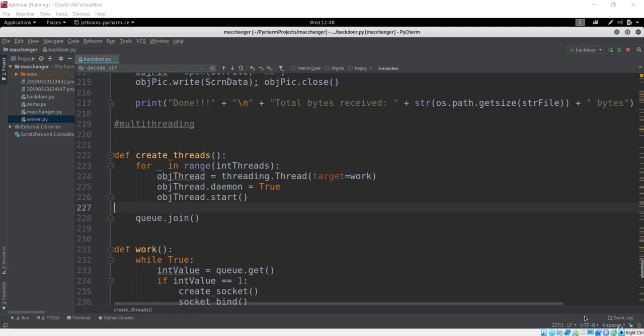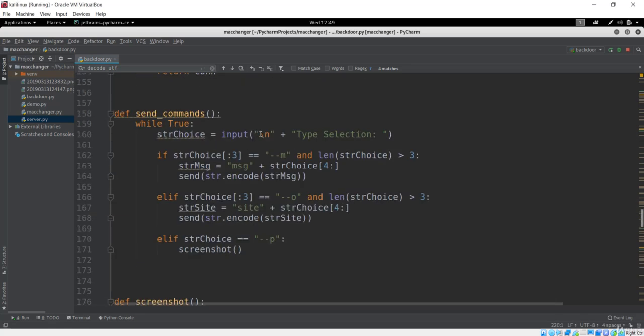So let's get started. First of all, as always, we have to add the command to our send command method. Now we have to add one more command.